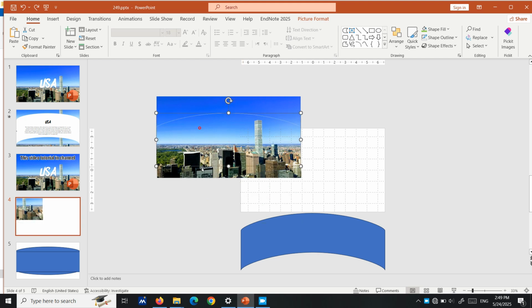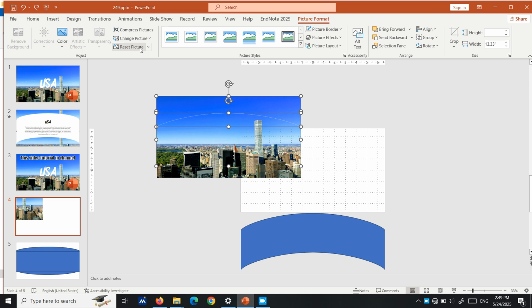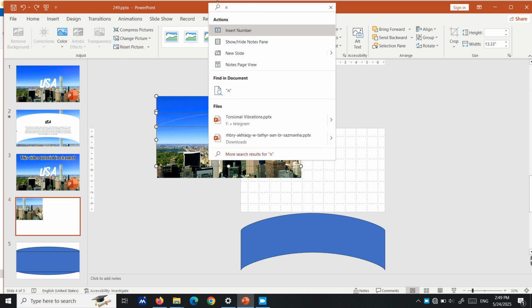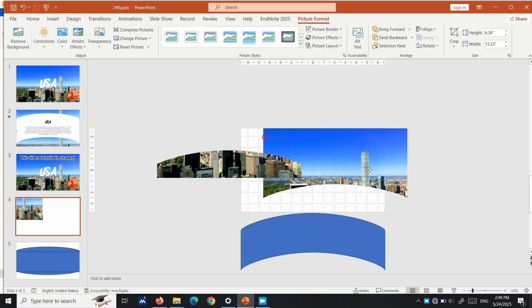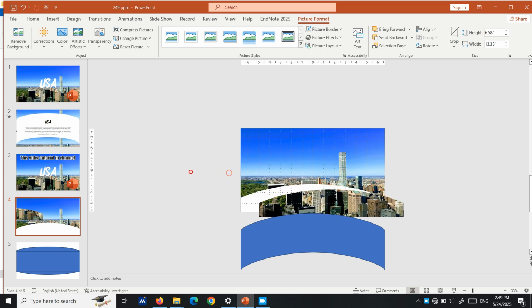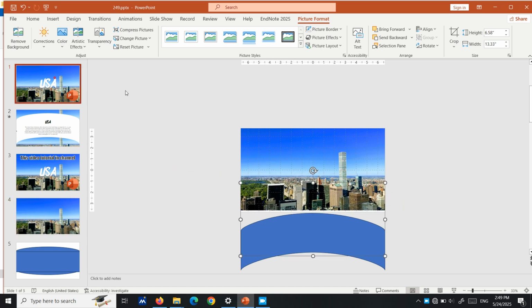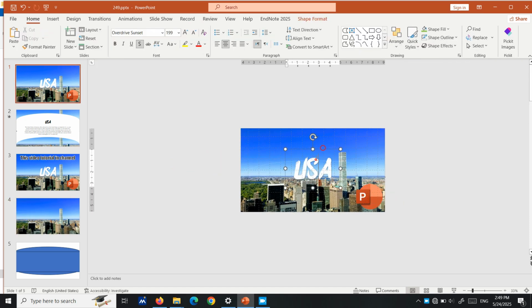Now we just simply select these two shapes and merge them, make them union and use them. We paste it here and paste it here. Now we just simply copy the text